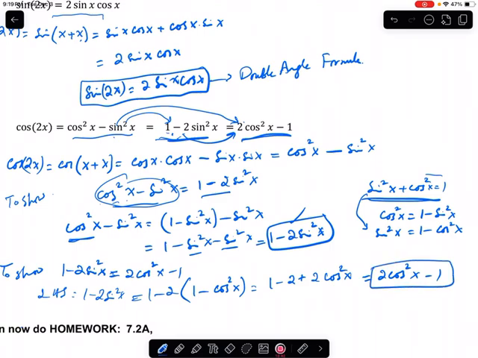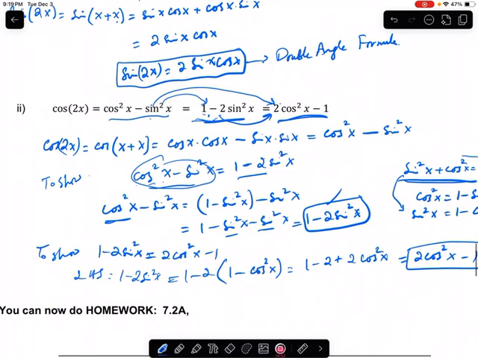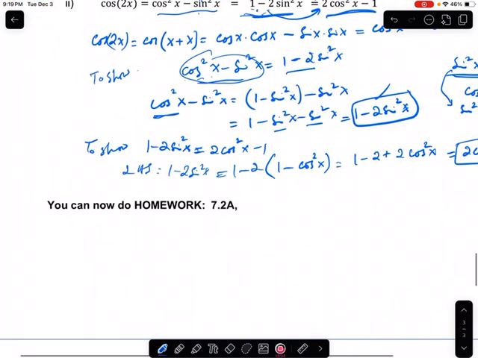And this is what we call the double angle formula for cosine. That was the double angle formula for sine, and here we have the double angle formula for cosine. So what is the double angle formula for cosine? Cosine of 2x is equal to, whenever you have cosine of 2x, you can write it as cosine square x